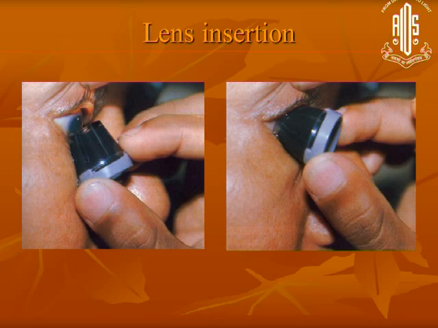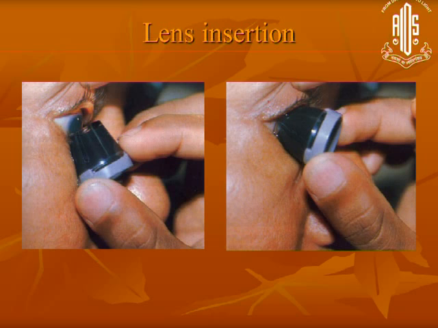And then you have to make the patient sit very comfortably and try to tell the patient what you are going to do, because if you just take a lens and jab it into somebody's eyes, he's going to feel it very uncomfortable. So you have to tell the patient that I am going to do a small test in which I am going to put a contact lens in your eye. If you say contact lens, because everybody has heard of it, their anxiety levels don't go up so much. So what you need to do is ask the patient to look straight.